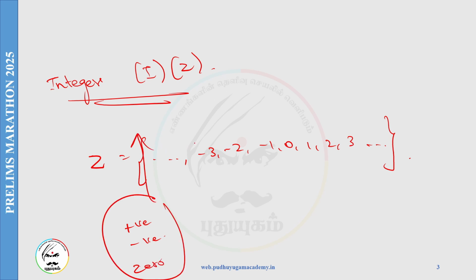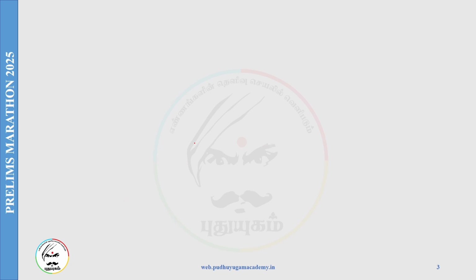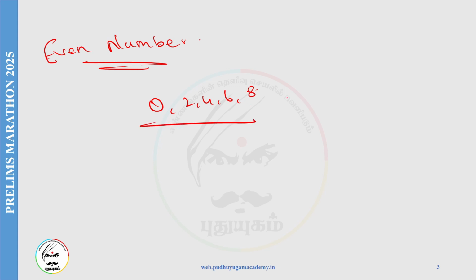Next we can focus on even numbers, right? If we take even numbers, it is 0, 2, 4, 6, 8. This is also an even number. Which digits are in the unit place? See if there is a number like 102, its unit digit is the last digit, right? In 1024 the last digit is the unit digit. So if the unit digit is an even digit, then the whole number is an even number, right? So if the units place has 0, 2, 4, 6, 8, it is an even number, and this even number is divisible by 2,